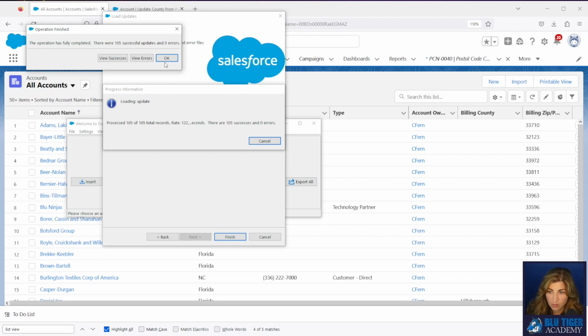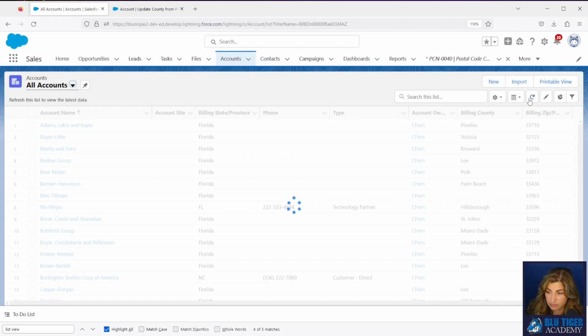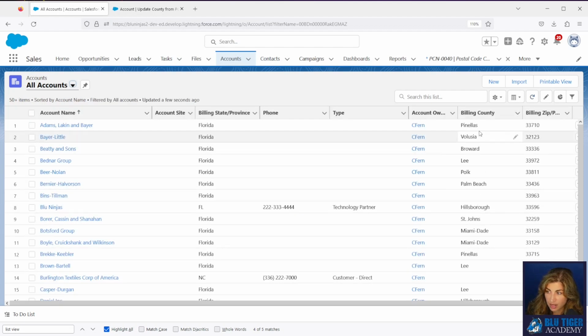Okay, and all those were updated. So now I can refresh my table here, and I have seen the county update based on the zip code. So it doesn't matter if your data is inconsistent in your state, because it's all based on the zip code.